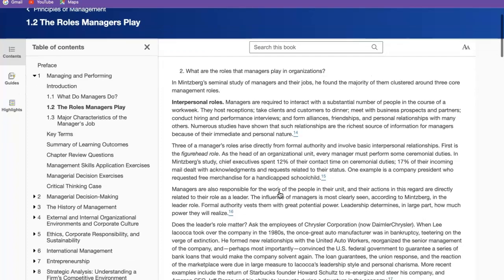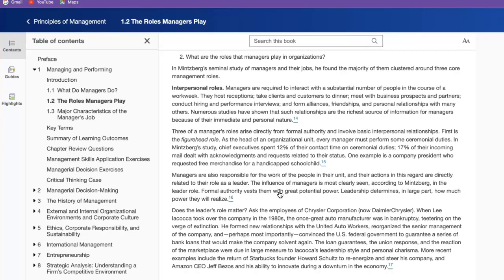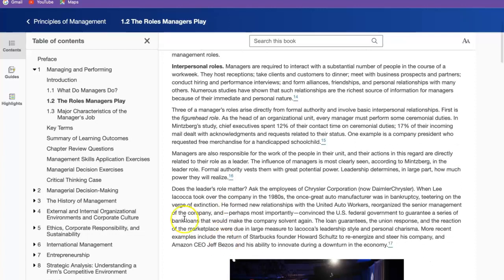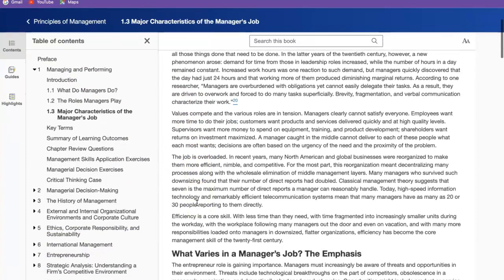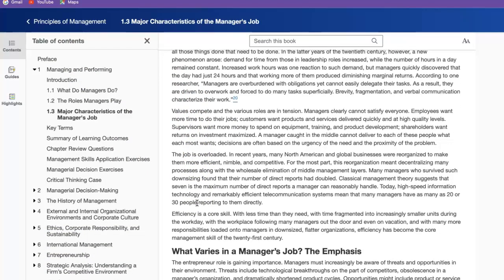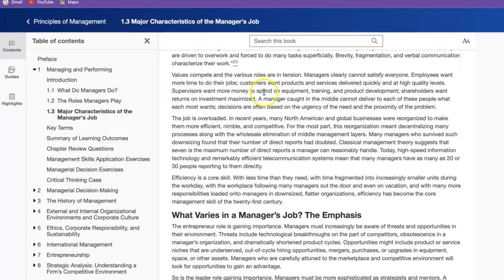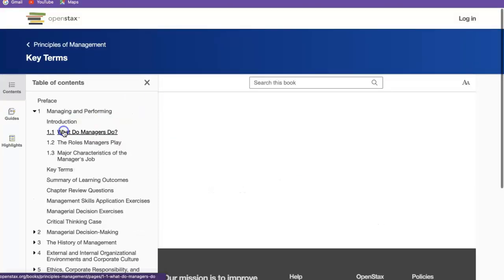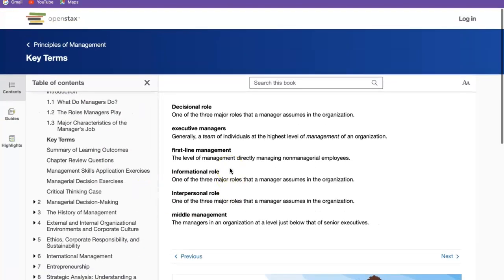So in this chapter, it really does present introductory information about management, and you can see here, you can click through major characteristics, and once again, human resource management, strategic management, motivation, leadership, ethics, global management, diversity, equity, communication, etc. So all of this is covered in this chapter. So you see it breaks it down, and then I highly recommend checking out all the key terms within each chapter,